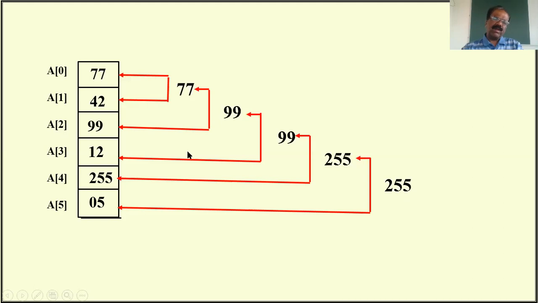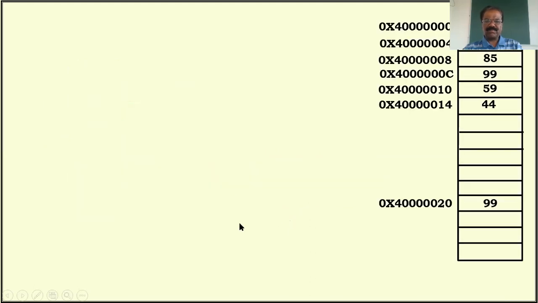Then you have to note one very important point. How many comparisons do we require? Suppose we have n numbers, we require n minus 1 comparisons. In this example n equals 6, so we require n minus 1, that is 5 comparisons. In general, we require n minus 1 comparisons to find the largest or smallest of n numbers. I'm going to use the same logic in the program.